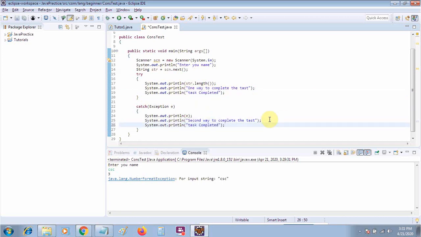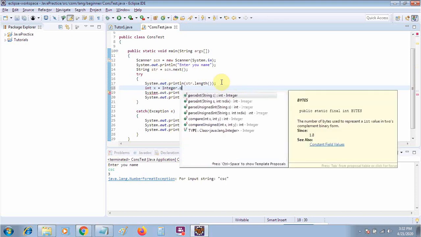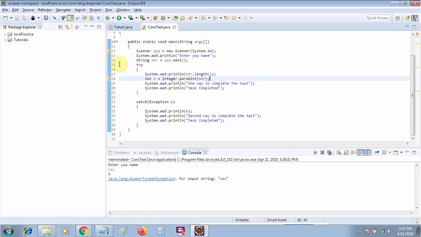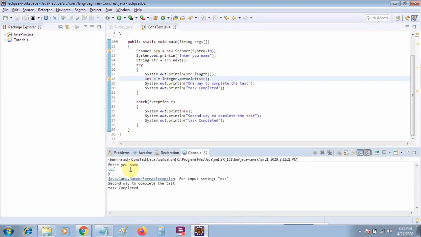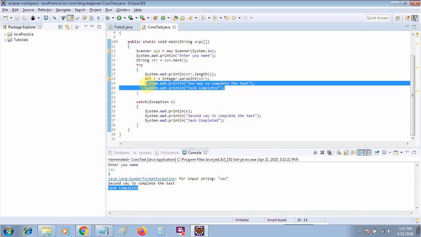You have to write the same code at both places. So you have seen that duplication of the code will appear. If I run this, an exception will appear, but this message will be printed, whether an exception appears or not. What I am trying to do is execute this line whether an exception appears